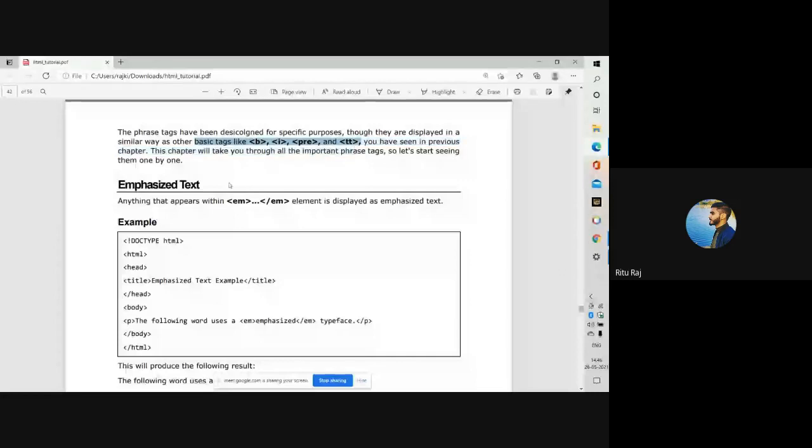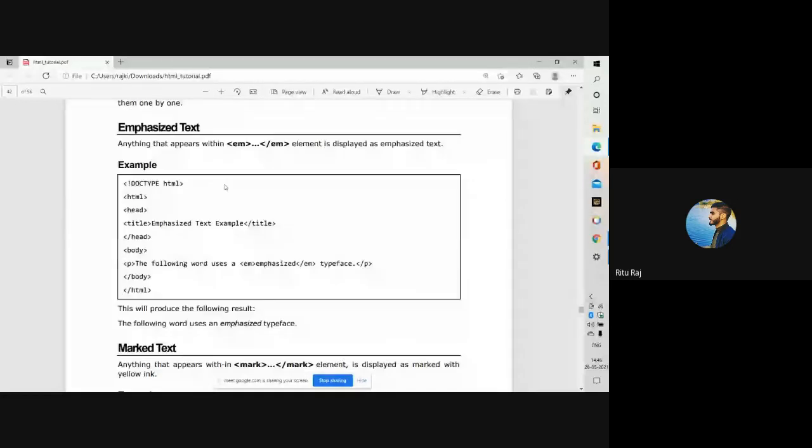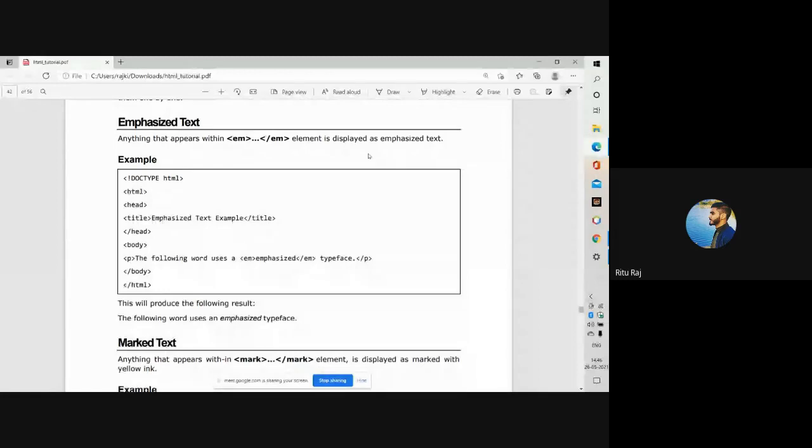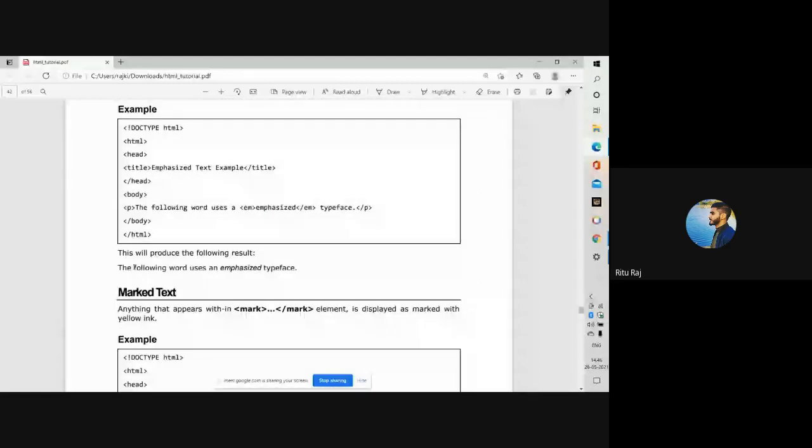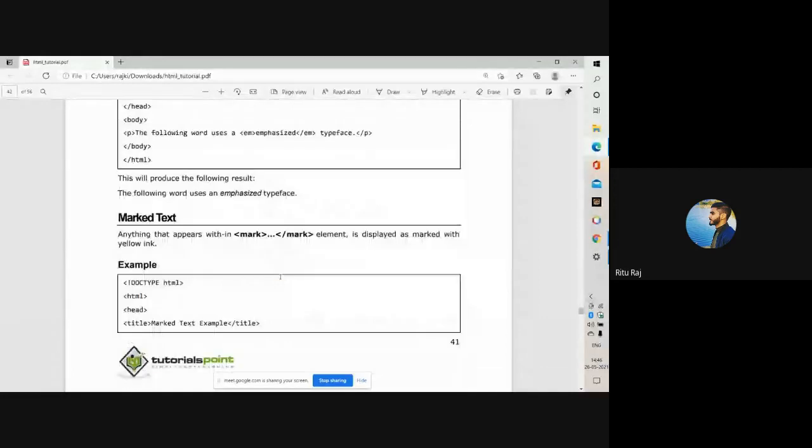Now come to emphasized text. Anything that appears within these tags is displayed as emphasized text. See here the text within these tags and how it is displayed. Now come to mark text.